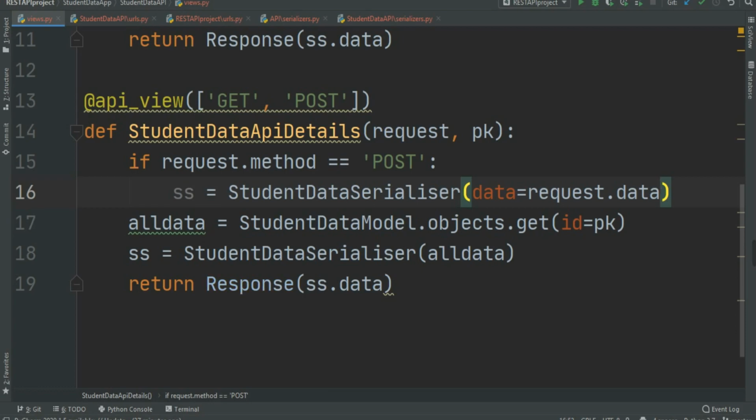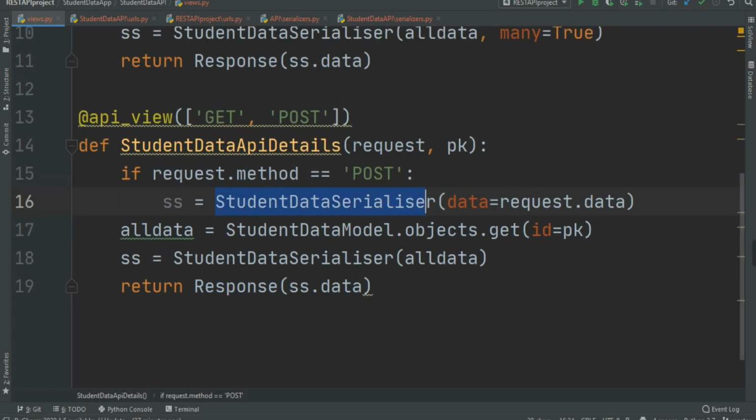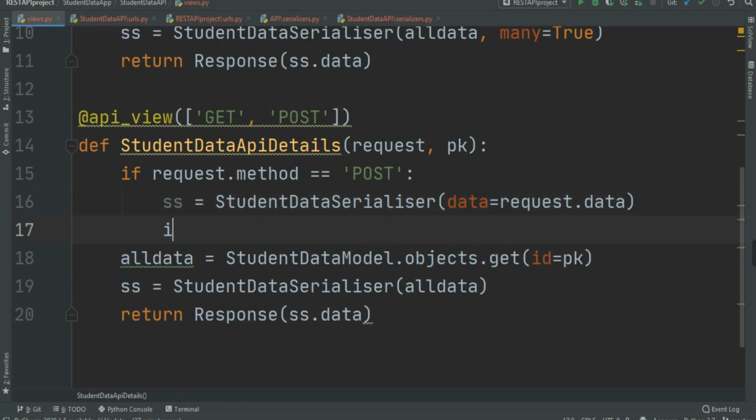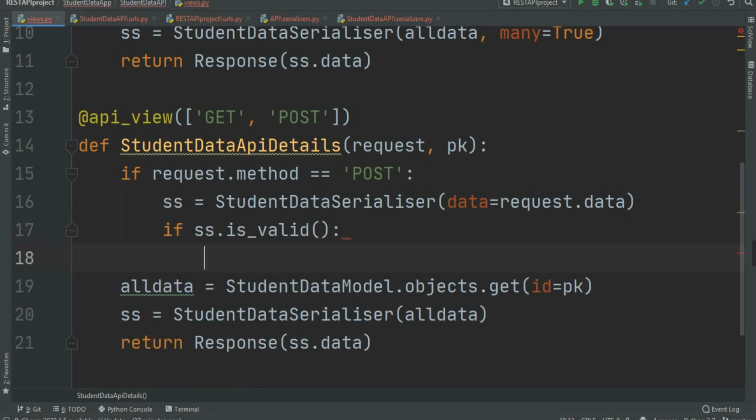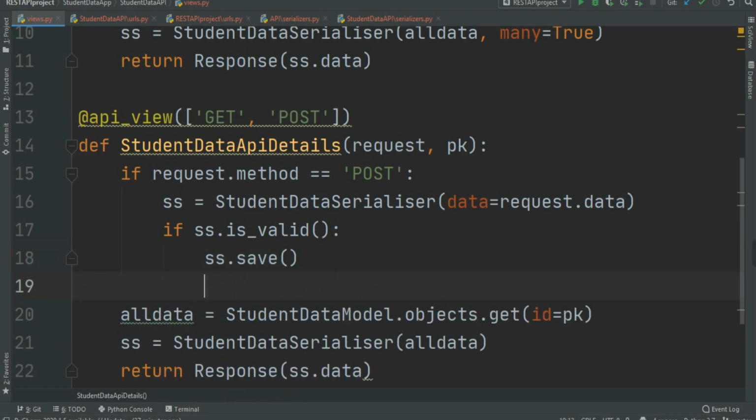So what I've done here is I created the object as the serializer and I grabbed all of the data equal to request.data, and I store the data in ss. Now what I'm gonna do is first check if ss.is_valid. It means if data is correct and there is no error here, then save the data, ss.save, then return ss.data as the response.